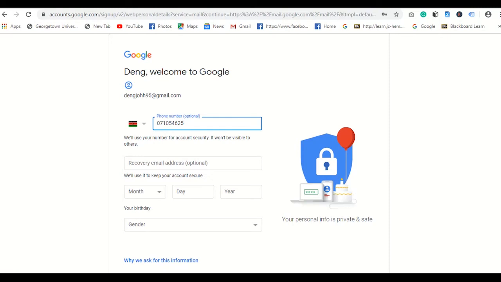So what you need to do, head over, put in the number, put in your date of birth. Then if you have another recovery email address, you can input it. Otherwise, it's recommended for you to put in a recovery email address if you have one. So put your date of birth, put your gender, and once you type in all those details,